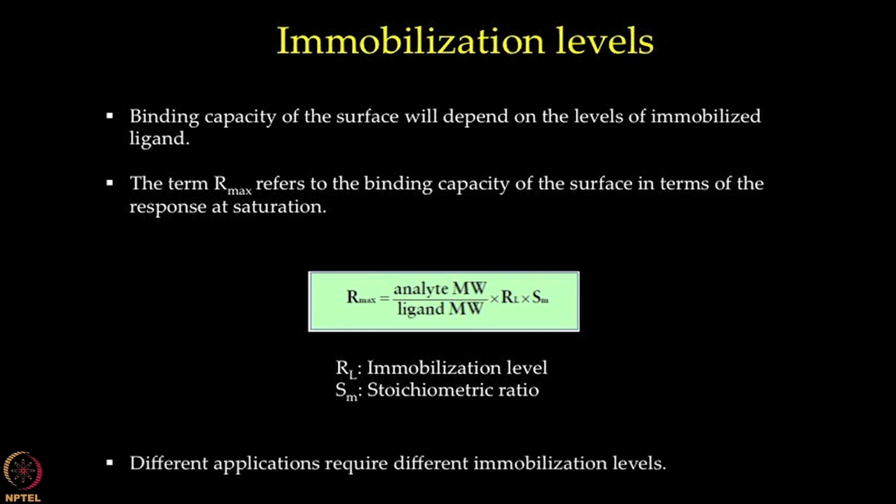A theoretical calculated Rmax is often higher than the experimentally derived Rmax for the same interaction. This could be because of several reasons, such as the ligand is not fully active or that there is steric hindrance in the interaction. Different applications may require different binding capacities and thus different immobilization levels. A low Rmax is often beneficial in kinetic analyses, while higher immobilization levels are advantageous in binding analyses and concentration